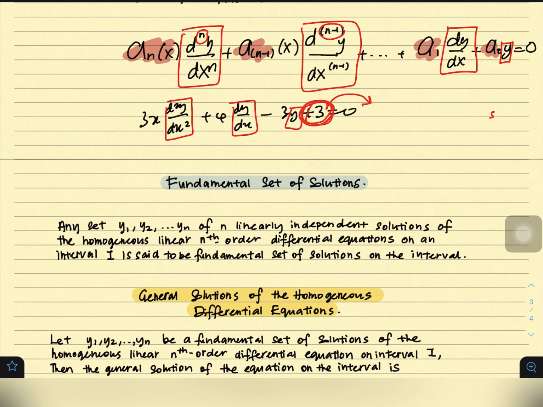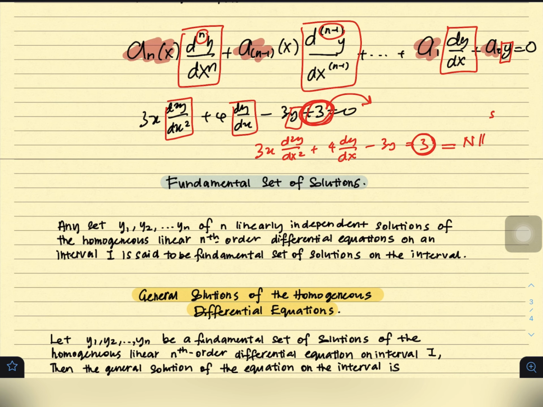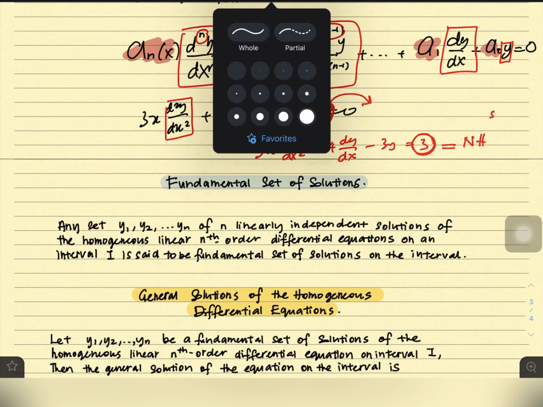Therefore, you should write your differential equation in the form of 3x d square y dx square plus 4 dy over dx minus 3y equal to 3. And because the right side is not equal to 0, means this one is the non-homogeneous differential equation. The definition of homogeneity is different with the first order differential equation. Okay, and then from that,